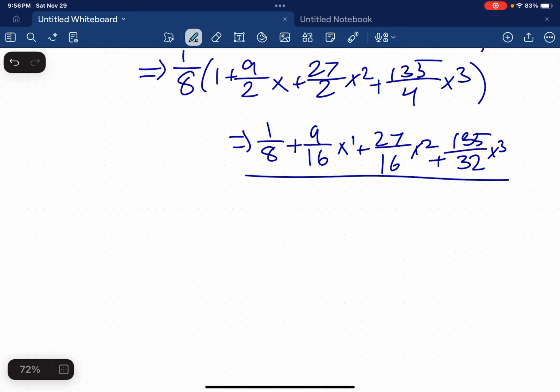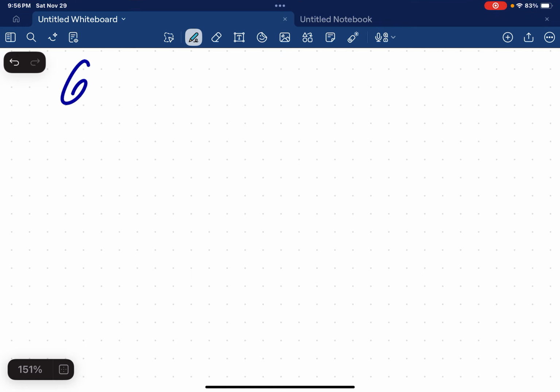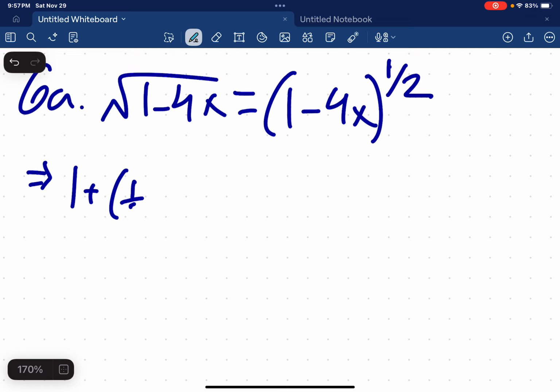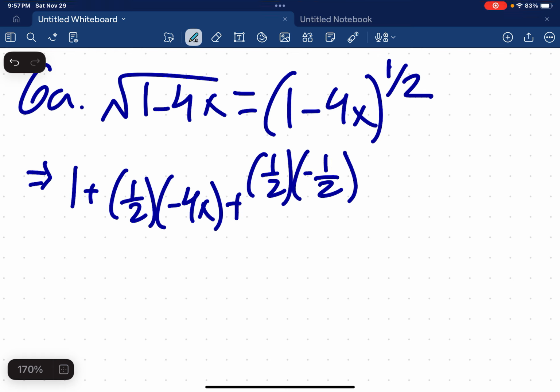Okay, question 6 has 3 parts. Part A asks us to find the first 4 terms of the binomial expansion of the square root of 1 minus 4x. Okay, we can set this equal to 1 minus 4x to the 1/2, which means that the rest of this is going to be equal to 1 plus 1 over 2 times negative 4x plus 1 over 2 times negative 1 over 2